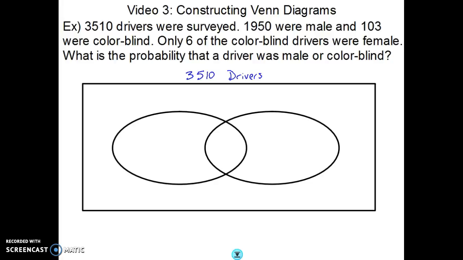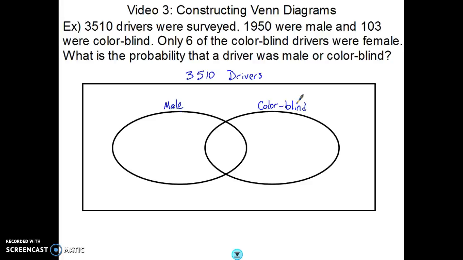Now we have to pick categories for our two overlapping circles. Well, you might be tempted to pick categories like male and female, or colorblind and not colorblind. The issue there would be there's no overlap in those categories, which means there wouldn't be any middle. So we need to pick categories that do have some overlap, which means in this case we could pick something like male for this circle